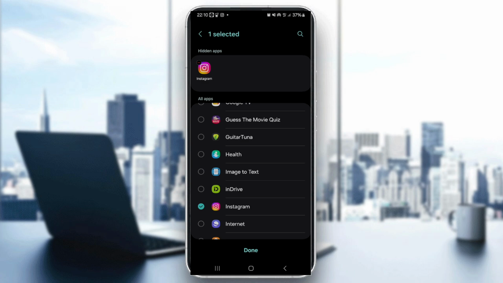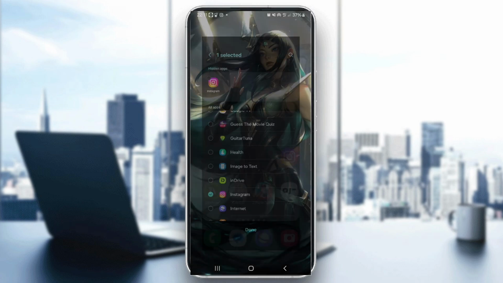At this point, the Instagram app will no longer be visible on your home screen or app drawer. However, it's important to know that the app is still installed and running in the background. It's just hidden from view. If you want to access Instagram,